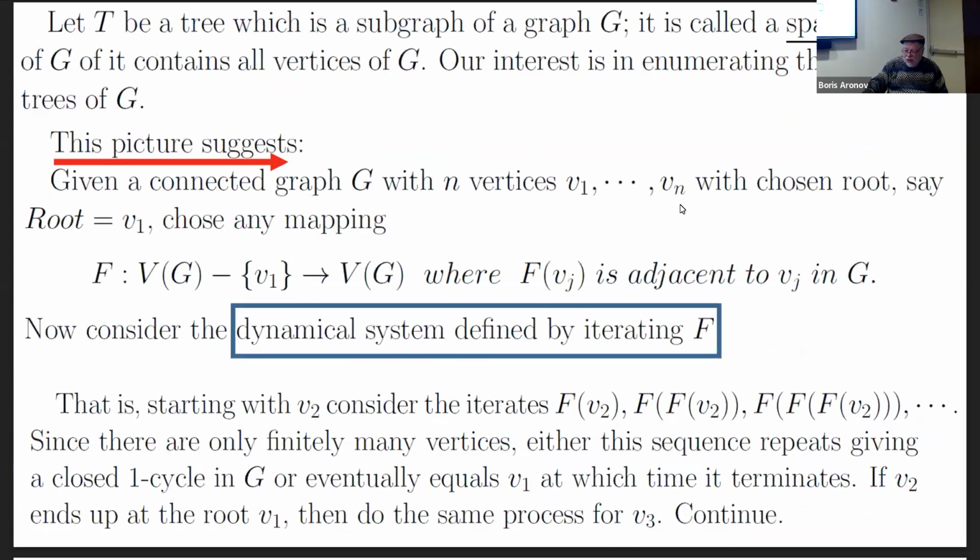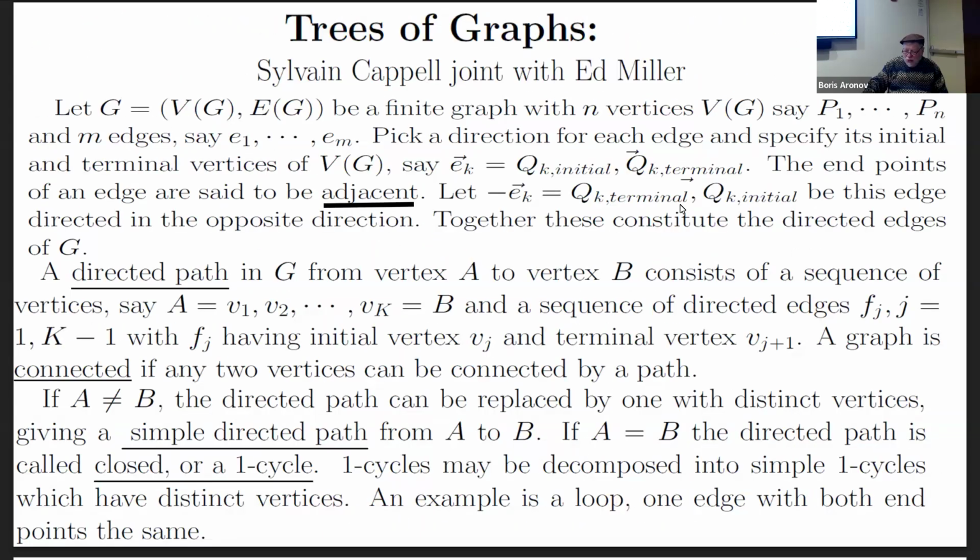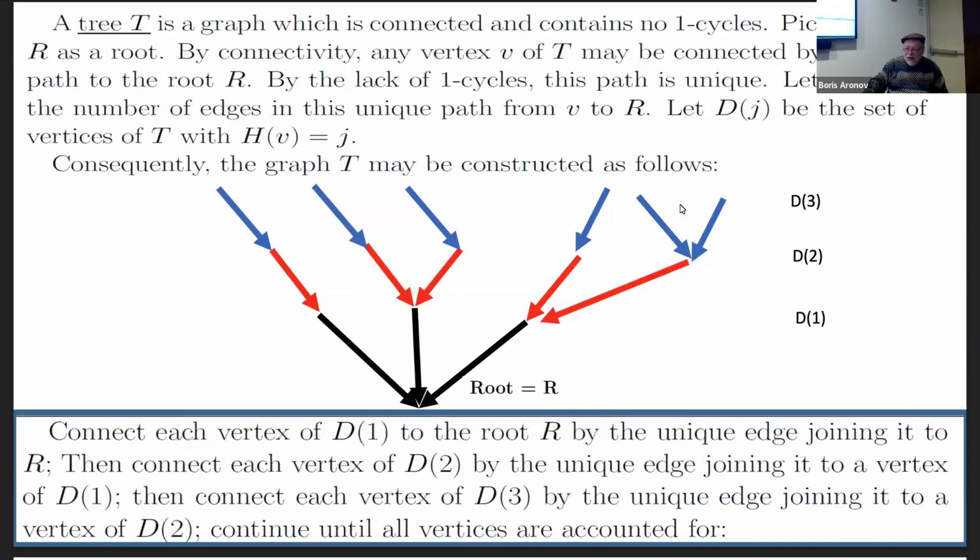And now a tree. So in a graph, a tree, well, the name is very evocative of what this is. A tree is a graph which is connected and has no one cycles, no big loops coming around again at all. And you can construct a tree, for example, very easily by picking a vertex somewhere as a root,